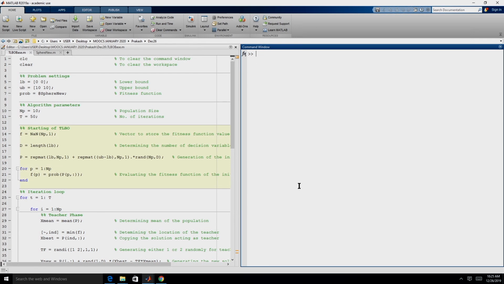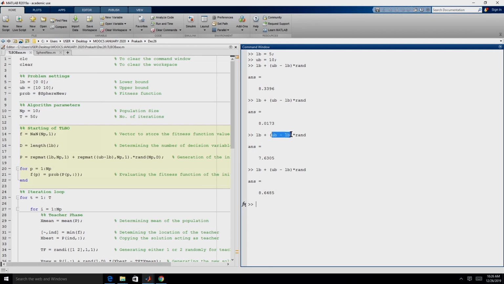However, when we generate our initial population, the random number has to be between a lower bound and an upper bound. Let me say my lower bound is 5 and the upper bound is, let us say, 10. Now we are looking to generate a random number, not necessarily an integer, between 5 and 10. We can use this relation: LB plus (UB minus LB) into a random number. This will give us a random number between 5 and 10.